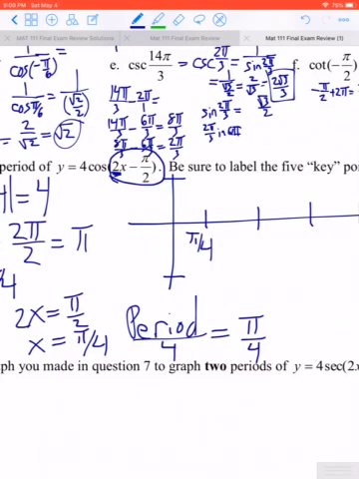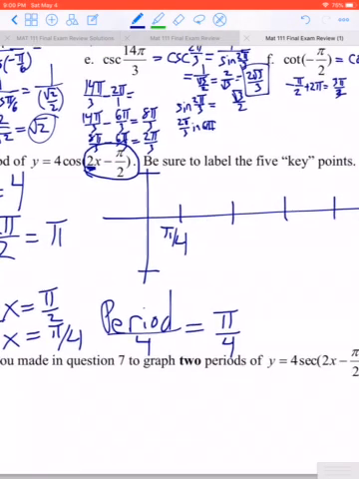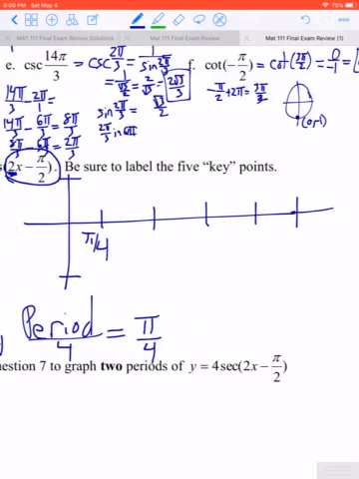We also want to know what the period over 4 is, because it's a sine or a cosine, and that's going to determine our key intervals. So starting at the phase shift of pi over 4, we also add the period over 4, which happens to also be pi over 4, to go to the right. So our important key point should be pi over 4, which is where it's going to start its cycle. Pi over 4 plus pi over 4, which would be pi over 2. I add another pi over 4, and that will give us 3 pi